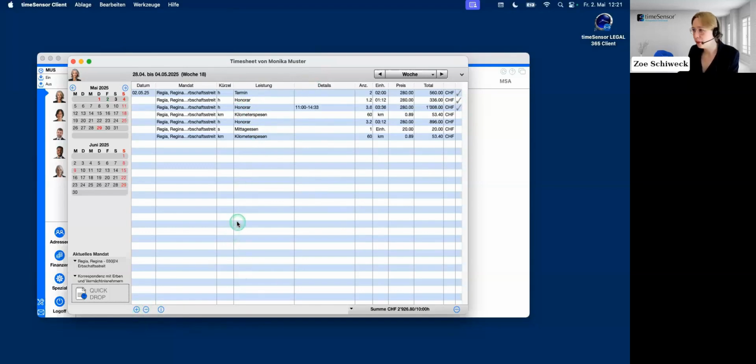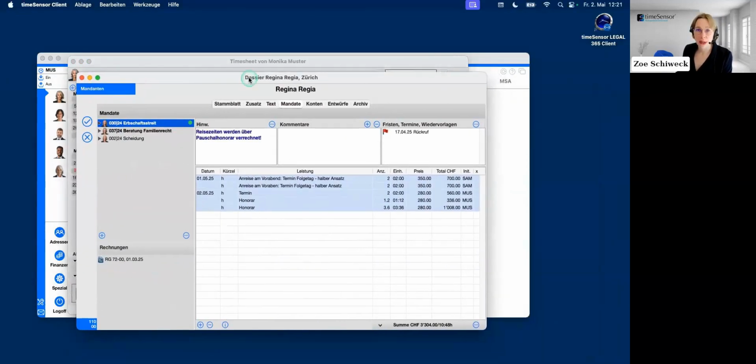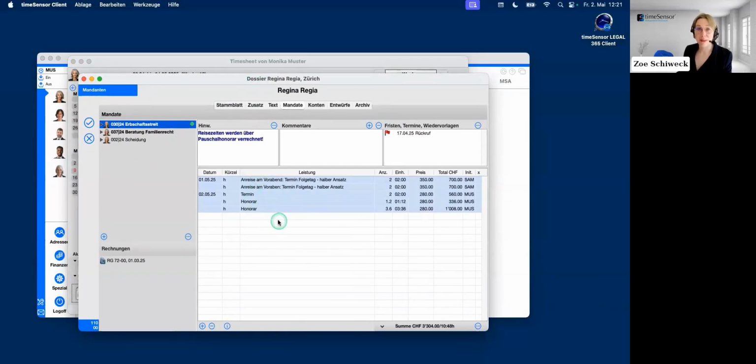This is important information, so please note this. When services are transferred, we edit them in the dossier, not the timesheet. If, for example, I still want to delete this appointment, I could only do that in the dossier. I could open the case folder as well, but the services will be in the dossier. I would modify this task in the dossier, and I could, for example, select all 3 services that are listed